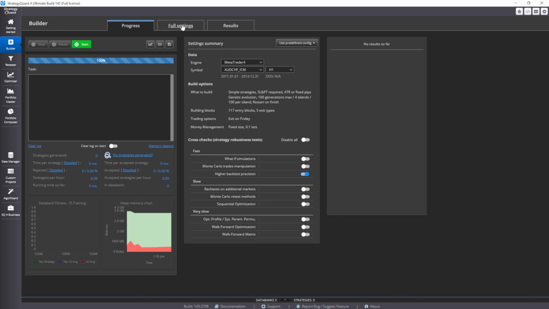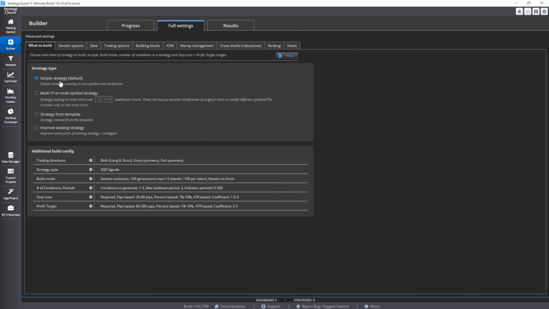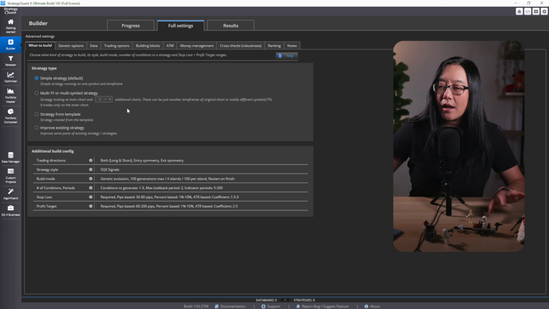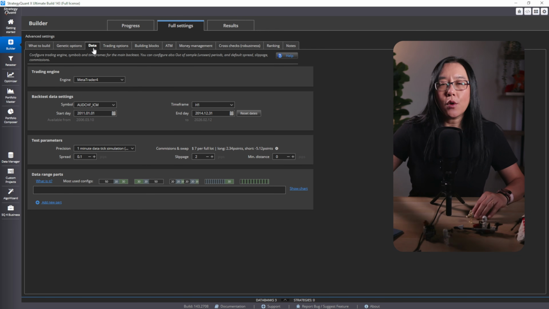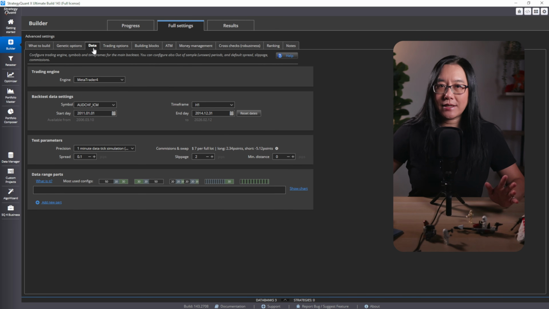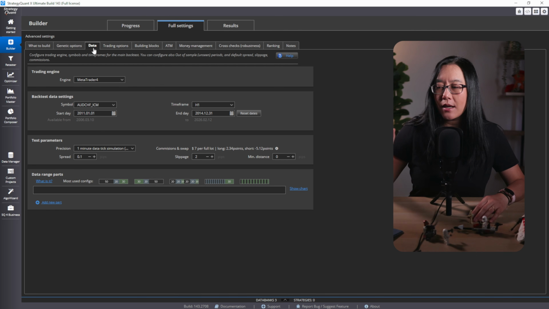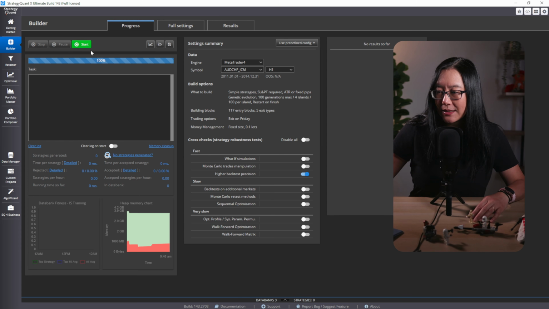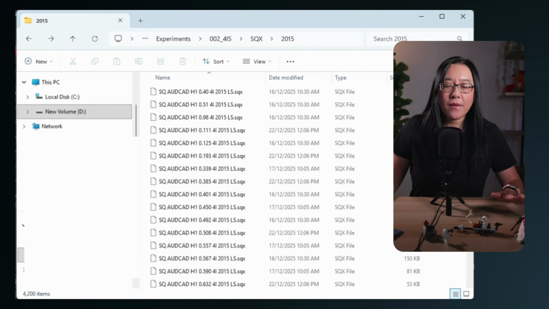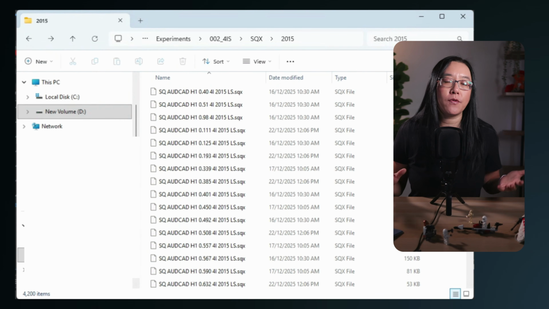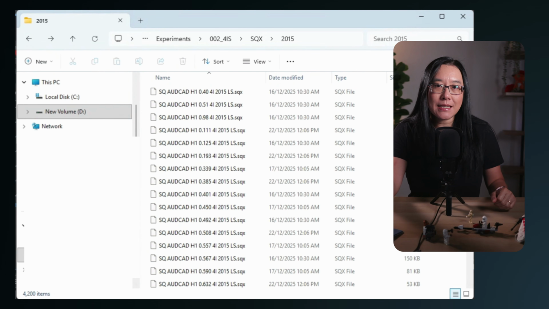In the builder, head over to full settings. I'm going to create simple strategies for both the long and short direction, and I'm going to use a stop loss and profit target. I'm going to use data from 2011 up to the end of 2014, which is 4 years of data, and all these strategies will be created with commissions, swaps, slippage, and spreads. And next, the only thing I have to do is kick off the start button. 4,200 strategies later, I have a whole bunch of strategies built for Forex, metals, and indices spanning over the period